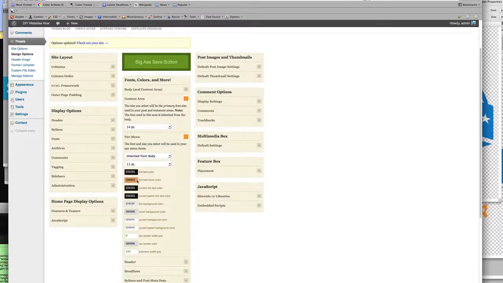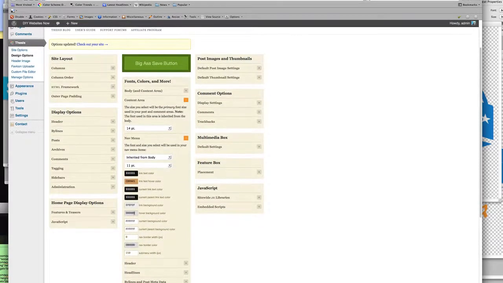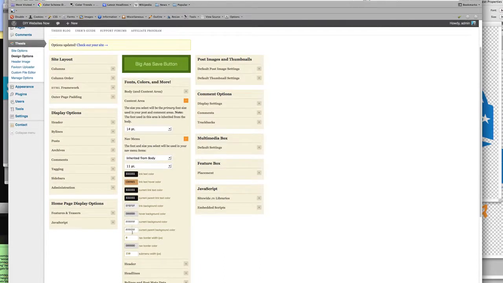You've got to play around with all of these, and I totally recommend just playing around with all these to see what happens when you do different things and make changes. This is your link text color, your current link color. This is all your navigation here. This is your hovering background. If you want a border, like if I put 5 in here,